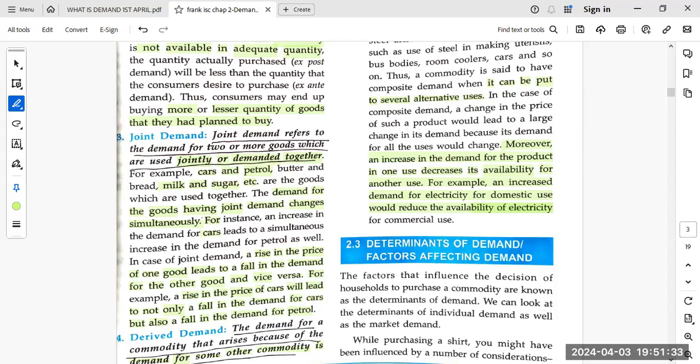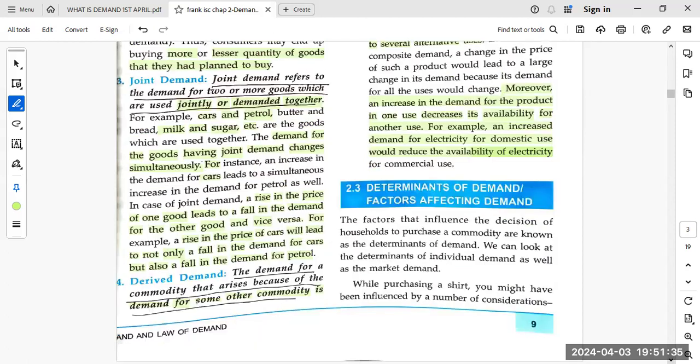So next is derived demand. Is this clear? Joint demand. Can I move ahead? Yes, ma'am. Now, what is derived demand? The name itself is derived. You would have done derivation in maths, right? Even the English word derive means you are deriving something from me, like you're deriving knowledge from me. What I am doing, I'm teaching, and you're deriving knowledge.